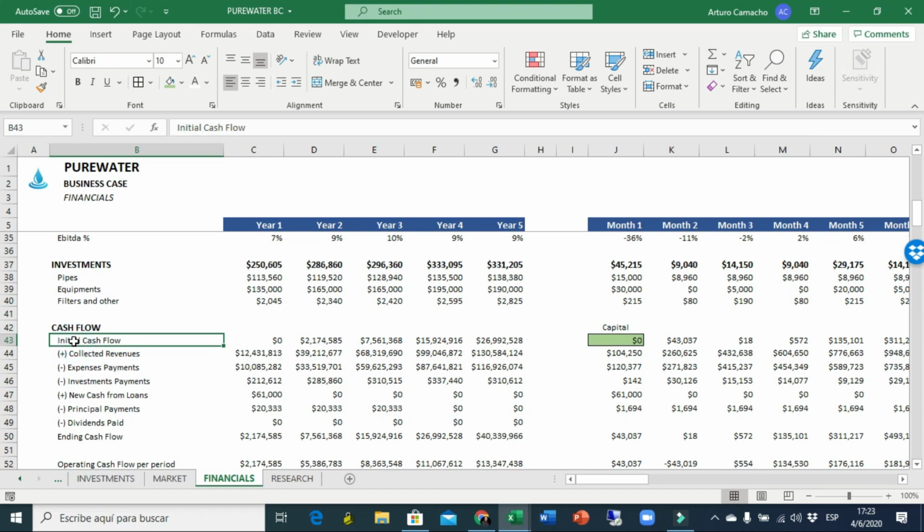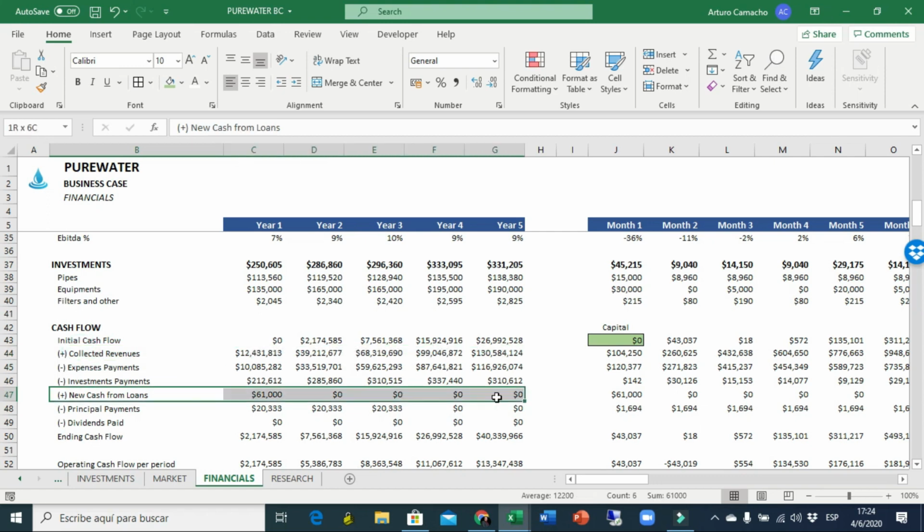It's like a bank account, okay? So you put here the beginning balance and here the ending balance. And what are the things that fill up the cash flow? Of course, the revenues that we collect, any new cash that I get from the banks, from loans, and the